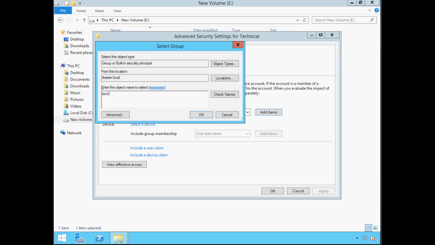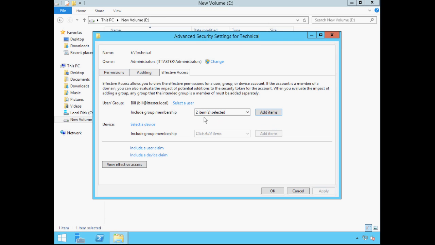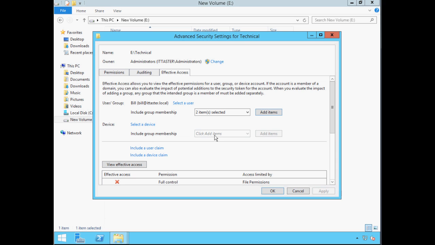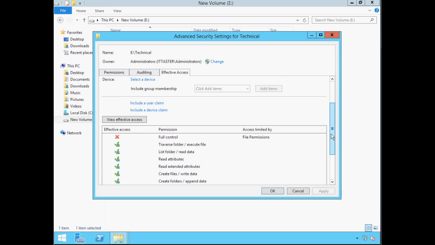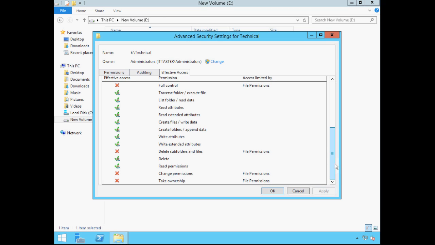I'm going to add the tech support group, and I'm also going to add the tech managers group. And we need to click View Effective Access. And if we scroll down, we can see Bill's effective permissions, which are a combination of Bill the user and his group memberships.